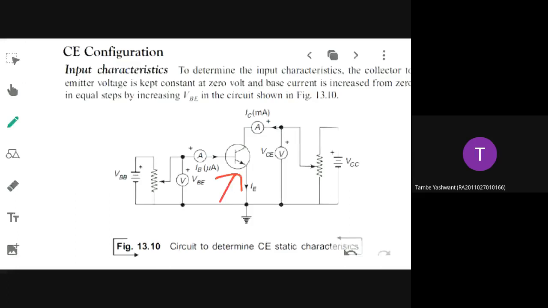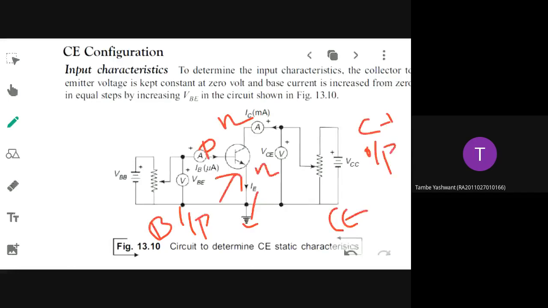All right. Now, how does the biasing happen? What is the input terminal here and what is the output terminal? You know that the emitter is grounded, so it is the CE configuration. What is the input side and what is the output side? Input is base and output is collector. Okay, accordingly, how to draw the diagram. Plus biasing is also satisfied.